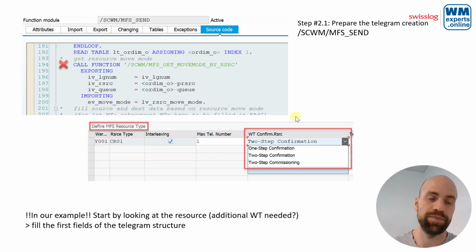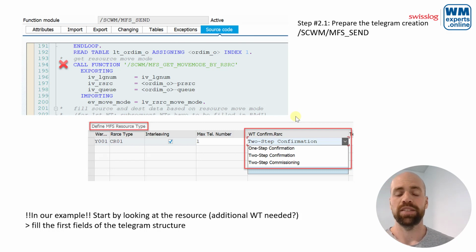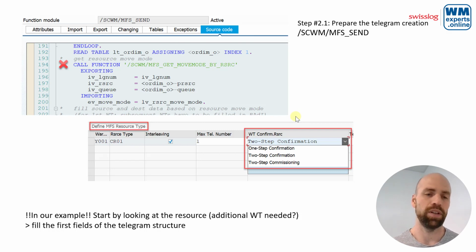So what do we do here? As with the other function modules or objects that I mentioned, I don't want to go into every single detail now, but I would like to explain some important steps so that you get a good understanding of what's happening. And as usual, you have some technical details here on the slides as well as in the blog. So we